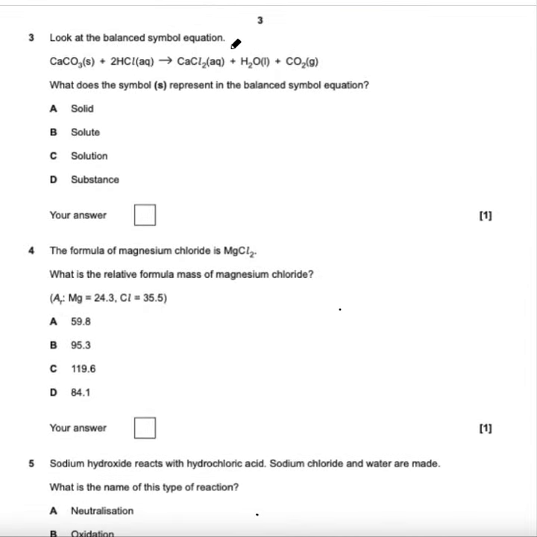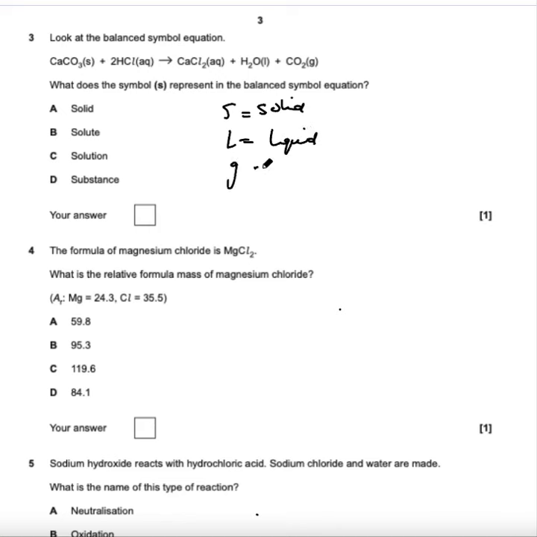Look at the balanced symbol equation. So we have calcium carbonate plus hydrochloric acid making calcium chloride, water, and carbon dioxide. What does the symbol S represent in the balanced symbol equation? When it comes to symbols, we only have 4 types. We have S for solid, we have L for liquid,